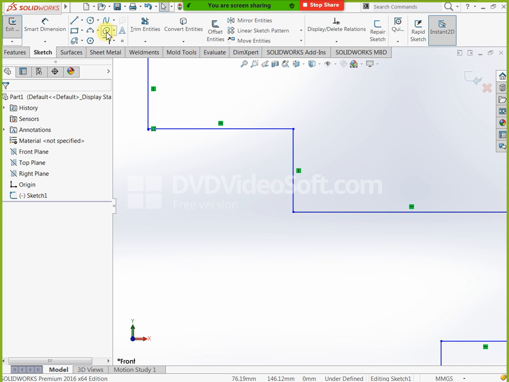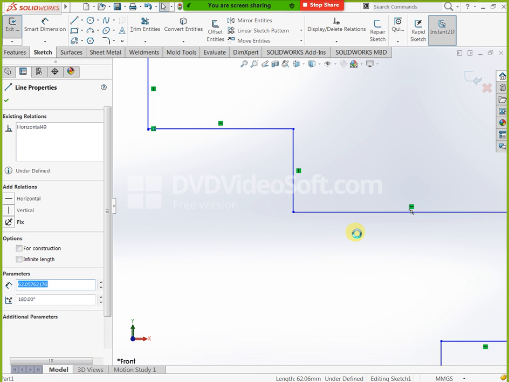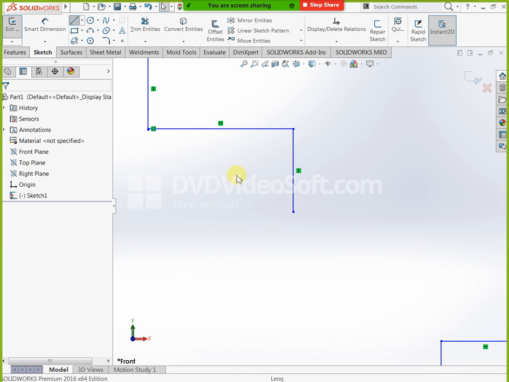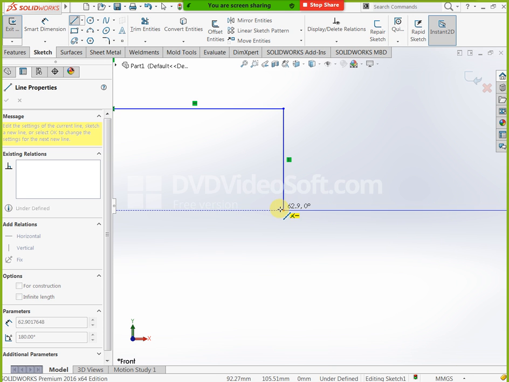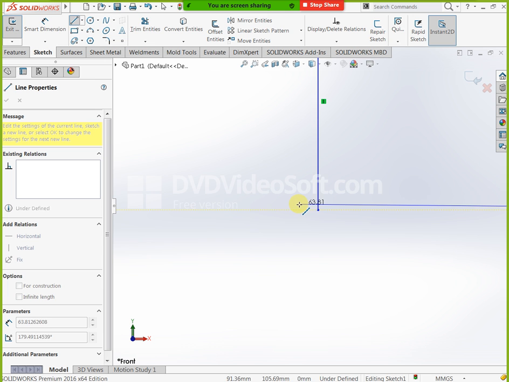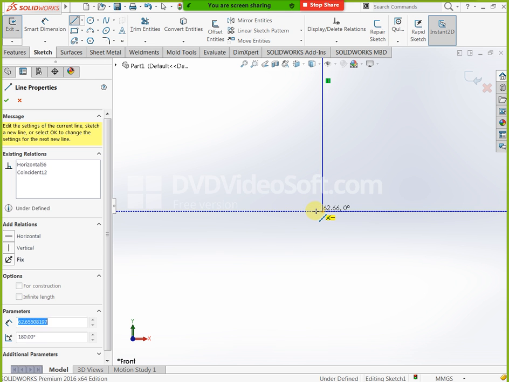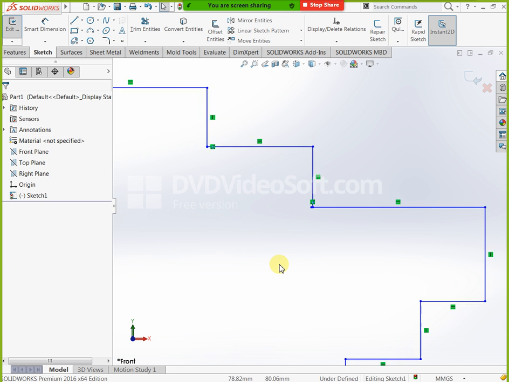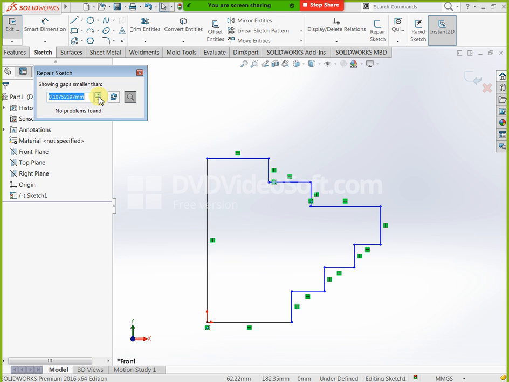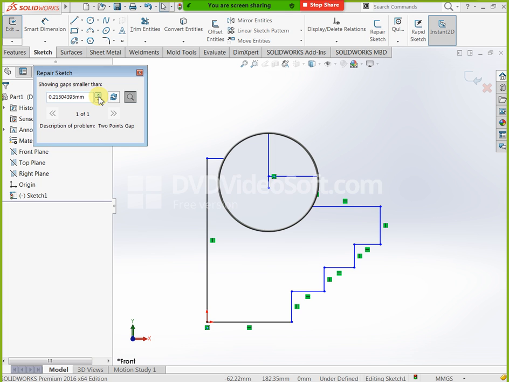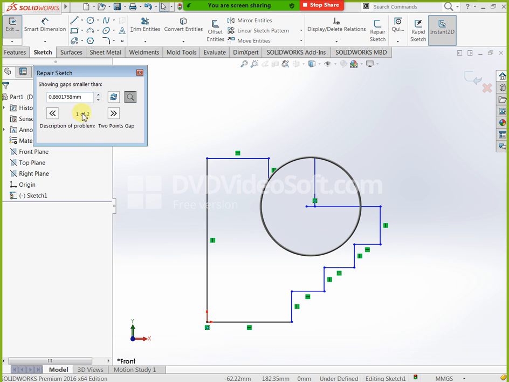Now in this condition, you can try repair sketch. You can increase the zoom size once, and you can increase one more zoom size again. Totally 2 problems are there. Just you can see how many problems are there. Just increase your zoom size, and automatically you will get all the problems. Okay, totally 2 problems are there. Problem 1 this one, problem 2 this one. These 2 we already found. Based on this repair sketch you can solve this.